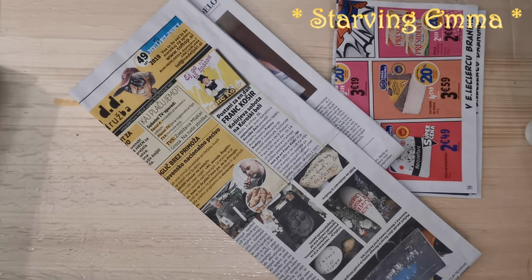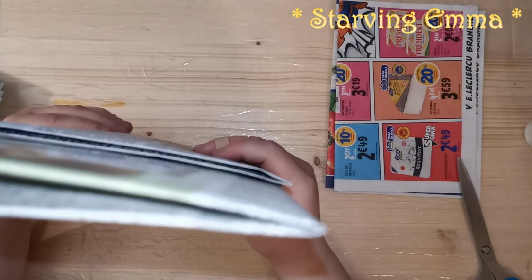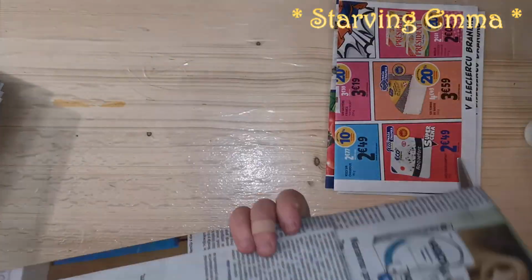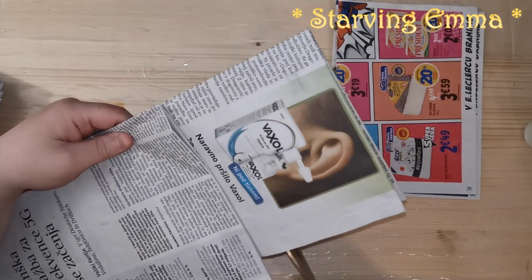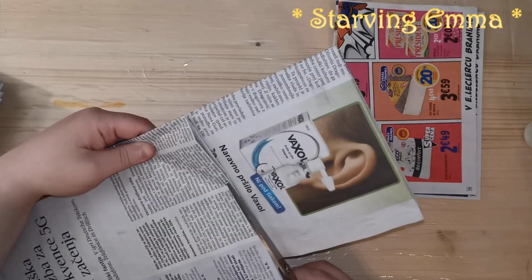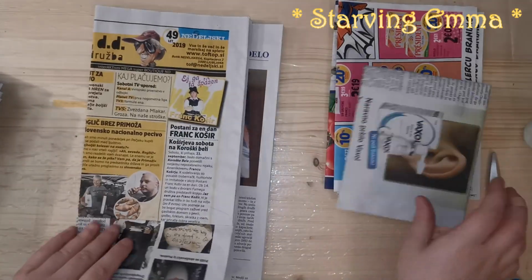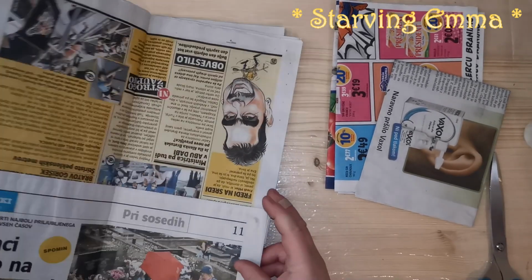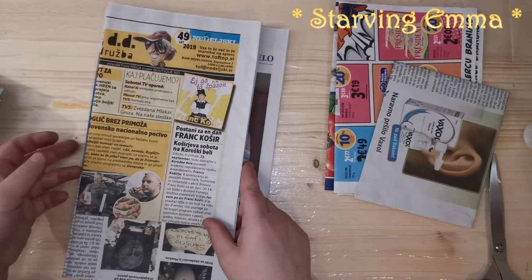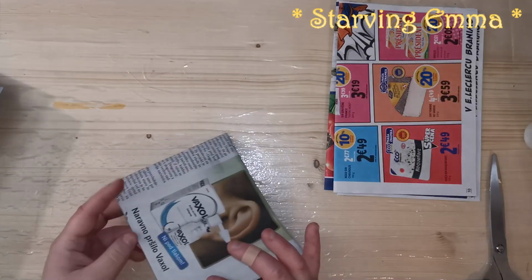I'm trying to find my scissors. Anybody seen my scissors? Got them. So basically what I'm gonna do is just cut it, and that's it. And I'm going to use this bit to extend the other one. I'm going to stitch around, and I don't mind the bumps. The more bumps the better, right? And if it's short, I don't mind too. Okay,